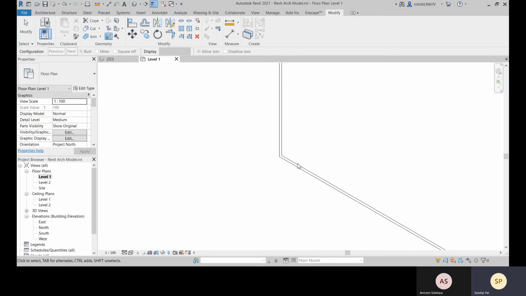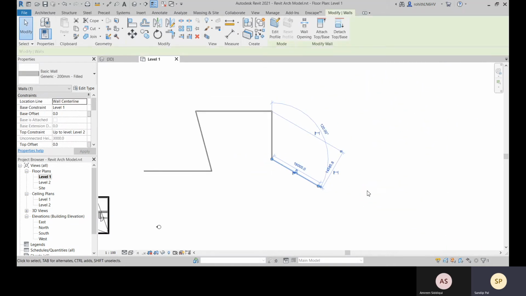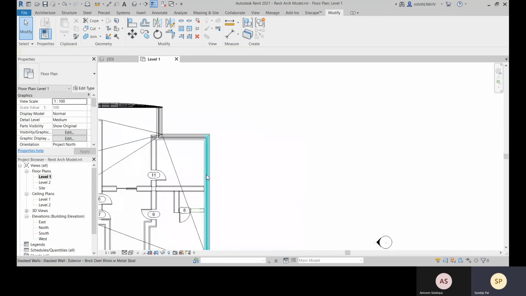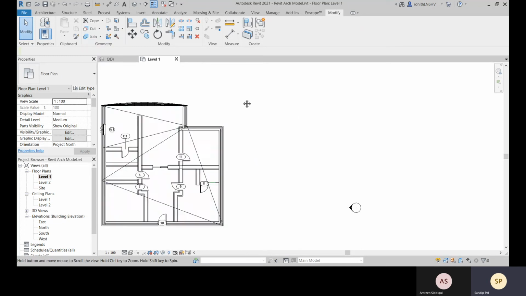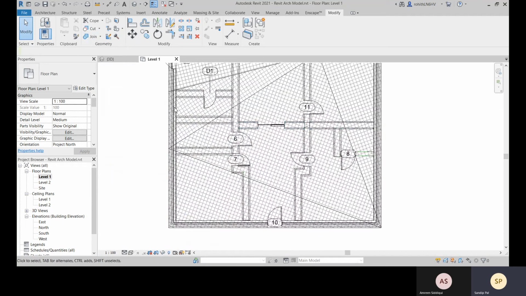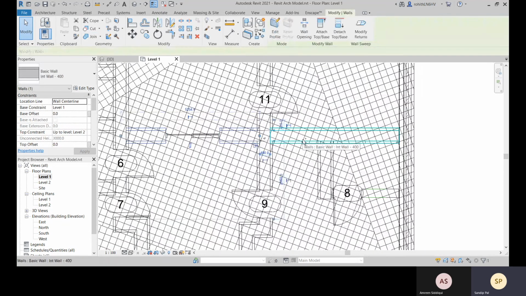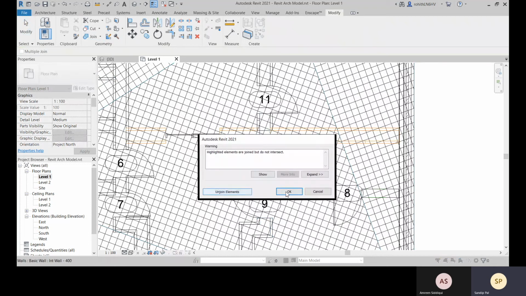Now you can also make some geometry together with the Join Geometry option. Okay, so some components are not joined over there, so you can apply it like this and this. You can make it a continuous join geometry. Select this and select this.